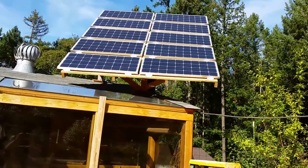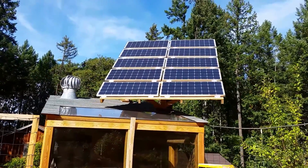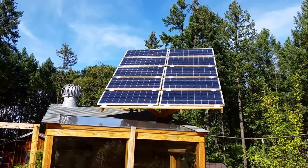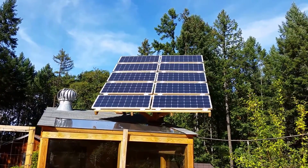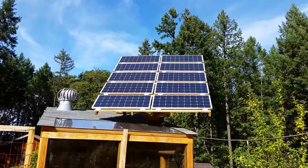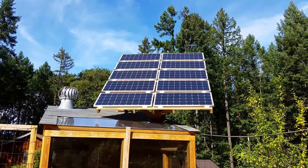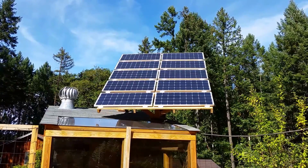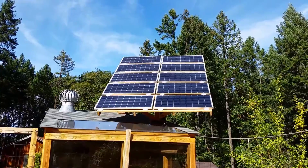Now here's the 1,000 watts that we have now. And again, we're easily living 24 hours a day this time of year with power to spare. Again, who knows when there's no sun? Haven't been there yet. But because of the size of my inverter, we have to fire up the generator to have a laundry day. Haven't had to do that